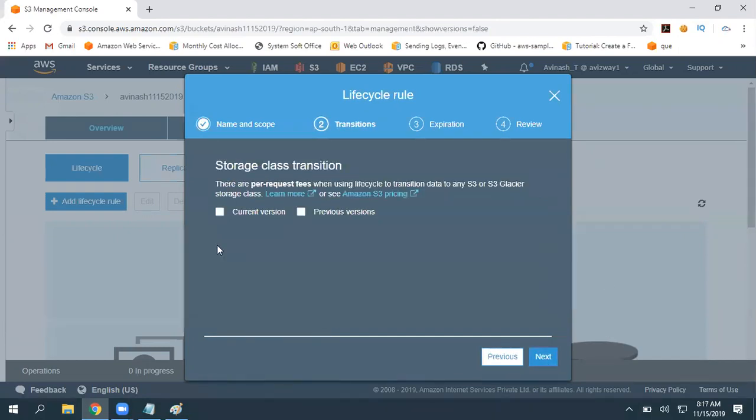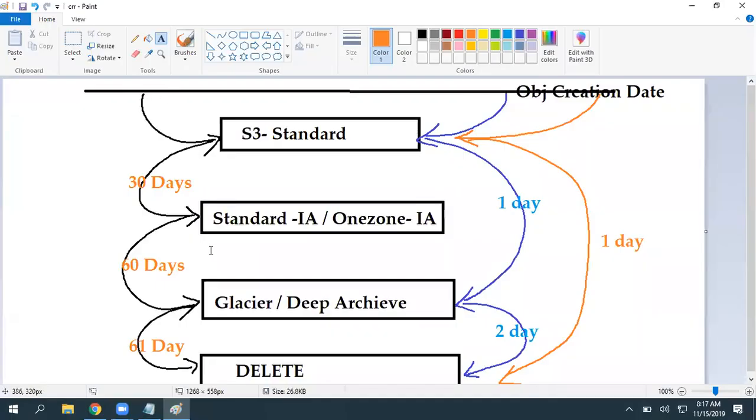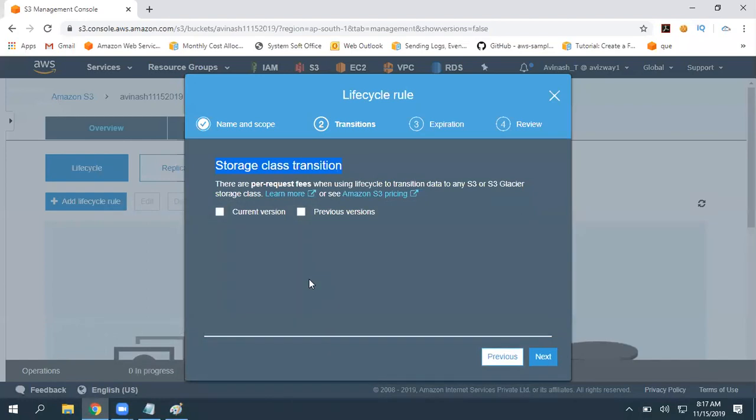Click on next. Now, storage class transitions. See here, I'm moving objects from one storage class to another, right? But am I moving current versions or previous versions? We can apply to both, or only the latest version, or only the previous versions.